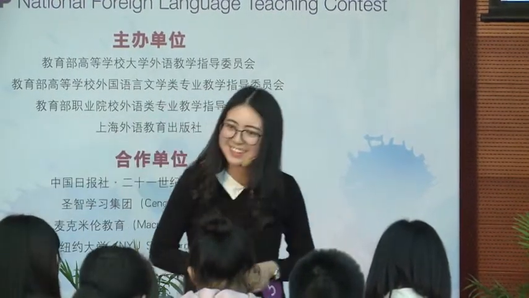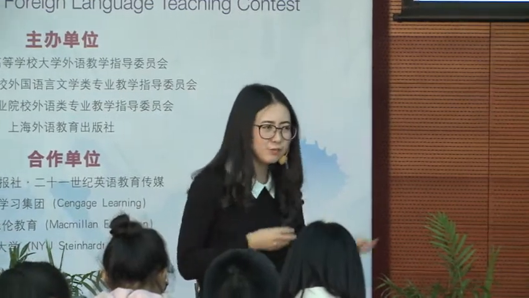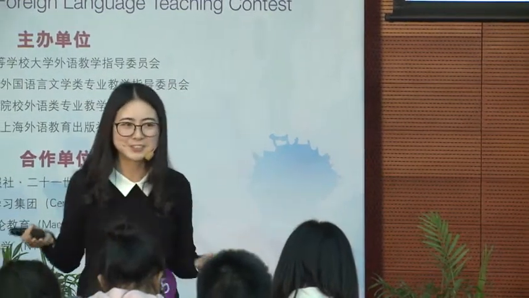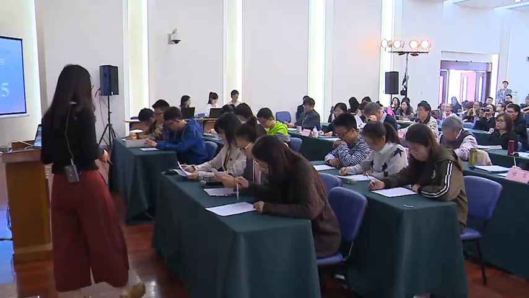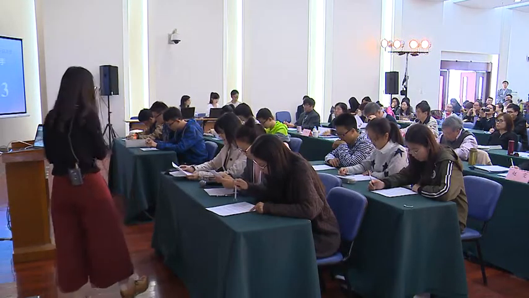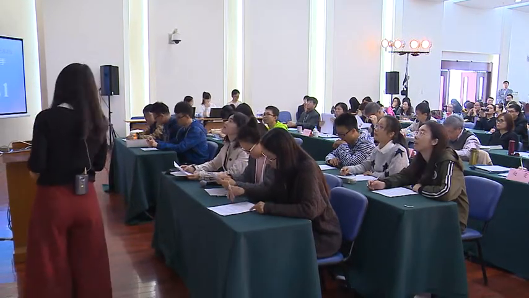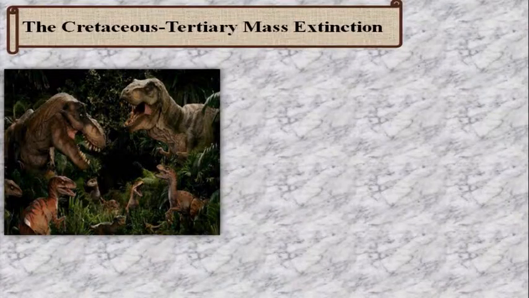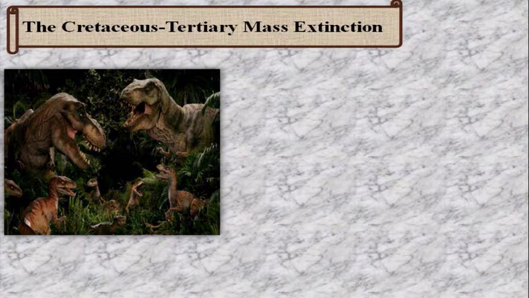Which one? The first one or the second one or which one? Of course, it should be the last one, the 5th one, right? So we call it the Cretaceous Tertiary Mass Extinction. Why is it significant? Because it changed this huge and scary dinosaur from this into,